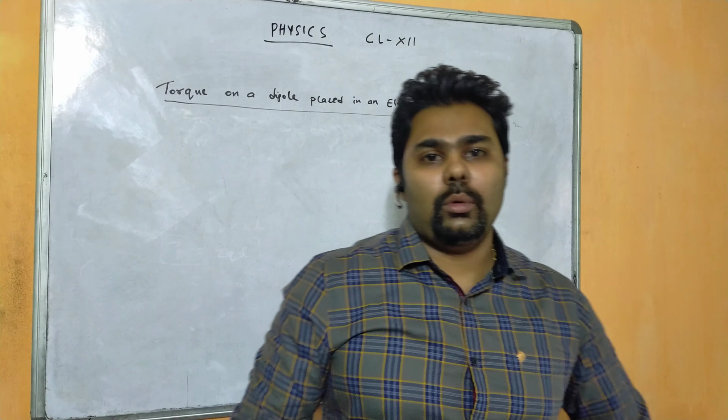So 3 into 10 to the power minus 6, that is micro coulomb per meter square. So this is the value of sigma, and this value we will be substituting here. We know the epsilon naught value is 8.85 into 10 to the power minus 12. This value we will be substituting here. So you can say here coulomb per meter square